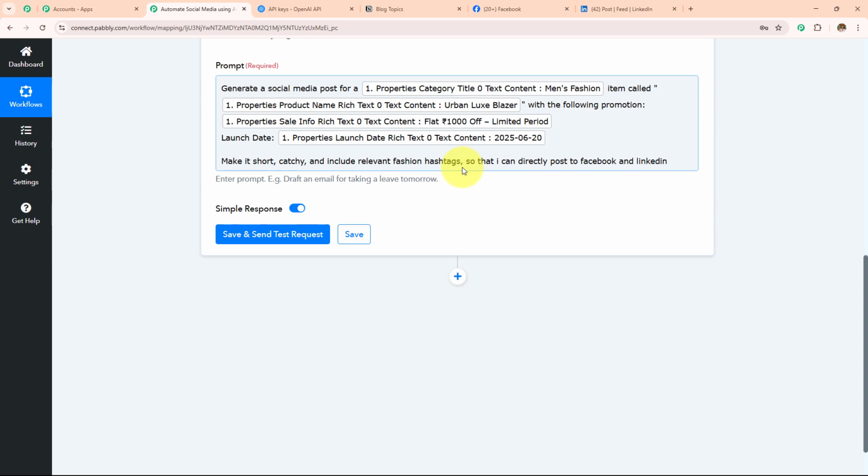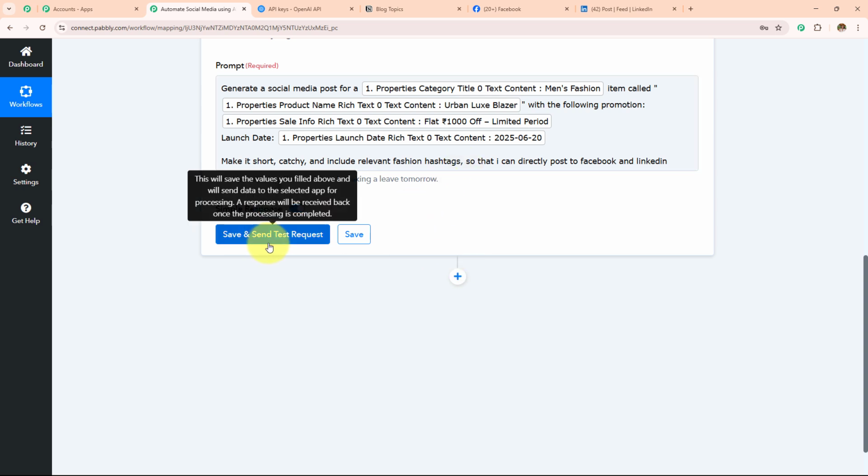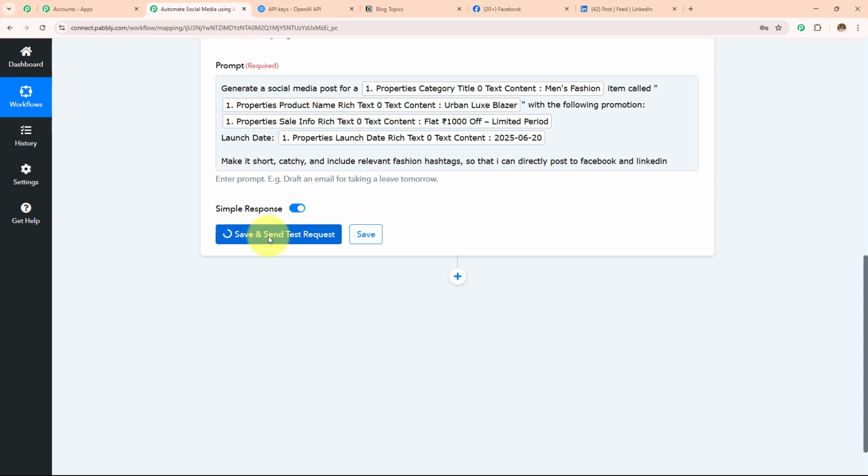Manually entering the data will make this field static and the information will not change even if you have received the new response. Over here, if I manually enter any detail, this field will become static and every time I receive a new response, the result will not change. So as to keep this field dynamic, we use this process, mapping, instead of manually entering the details. Here I have entered all these details and now I'm simply going to click on save and send test request